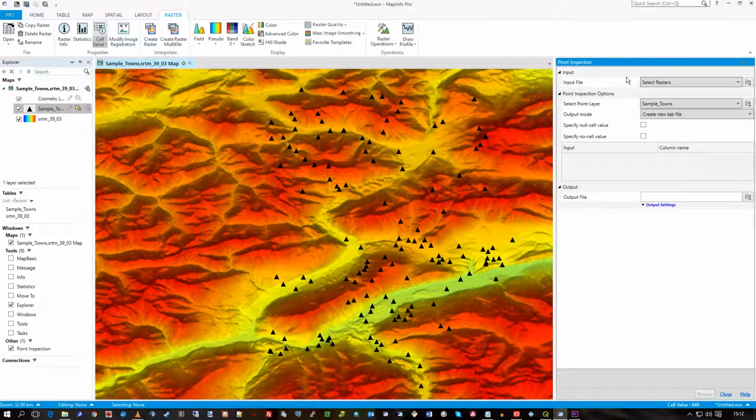So I go to point inspection, go to the raster, make sure the raster is selected that I'm using, which is SRTM one. The point layer is the sample towns. I'm going to create a new point layer, and I'm going to call it, I'll keep the raster name, towns